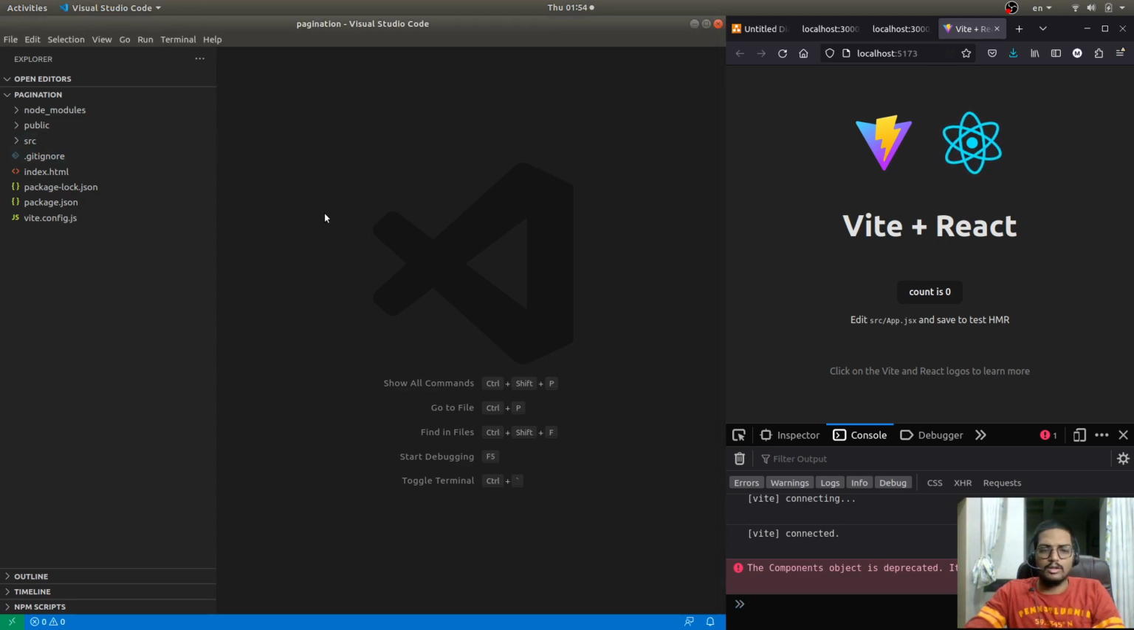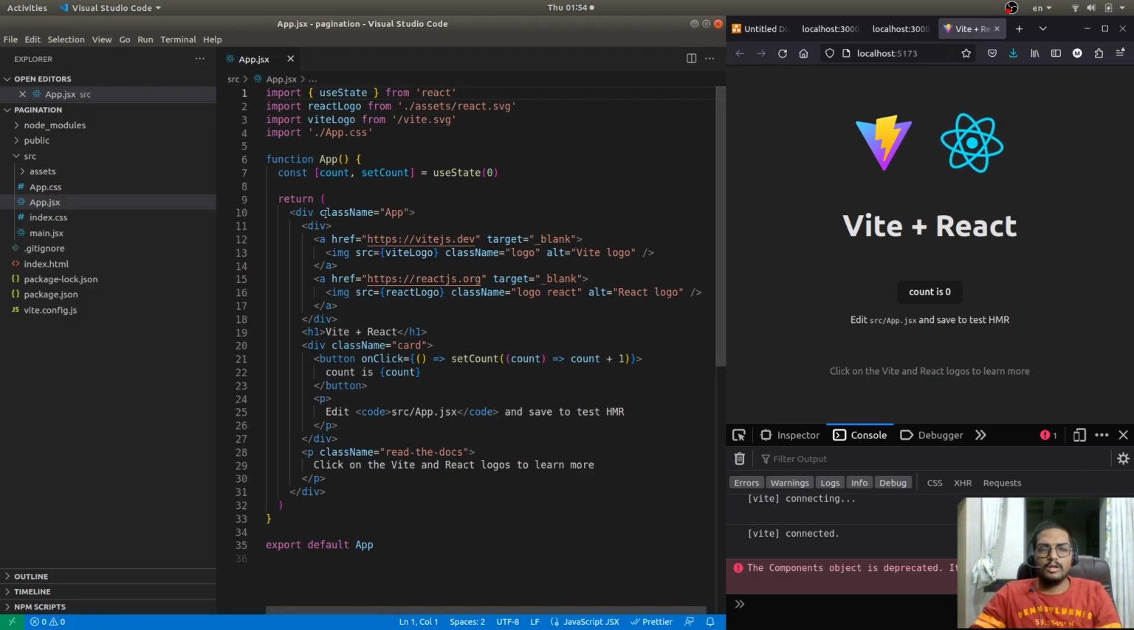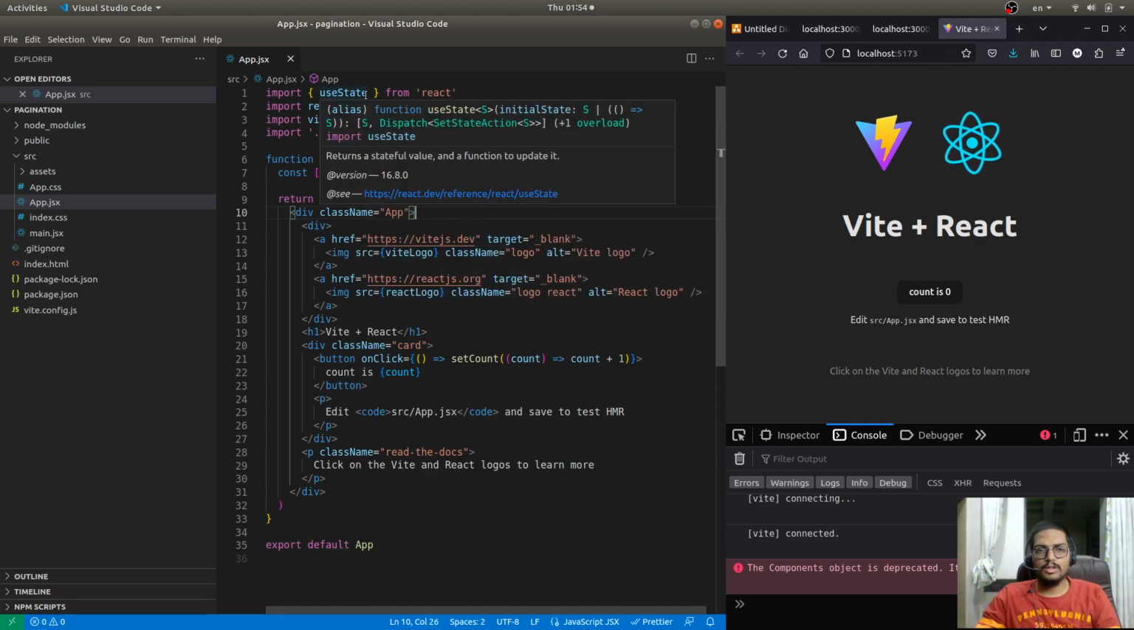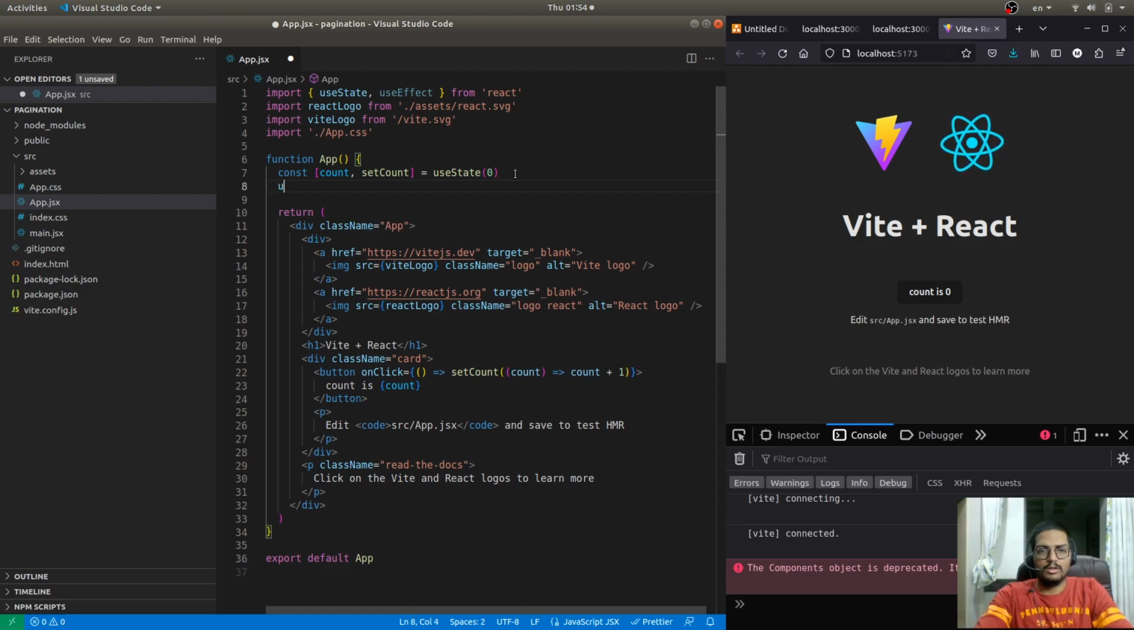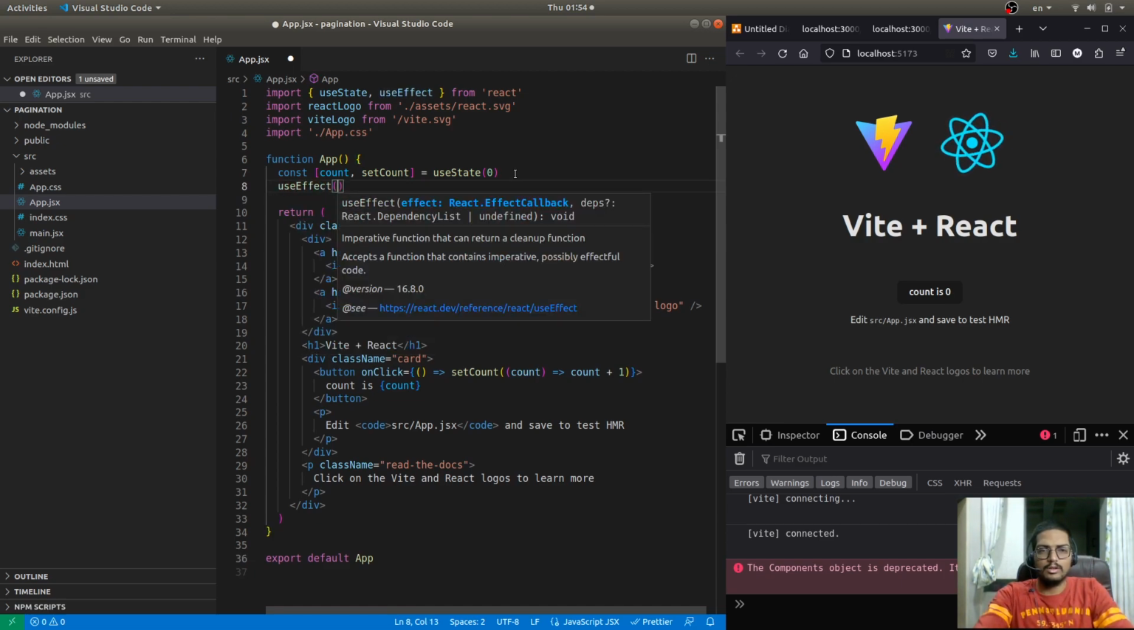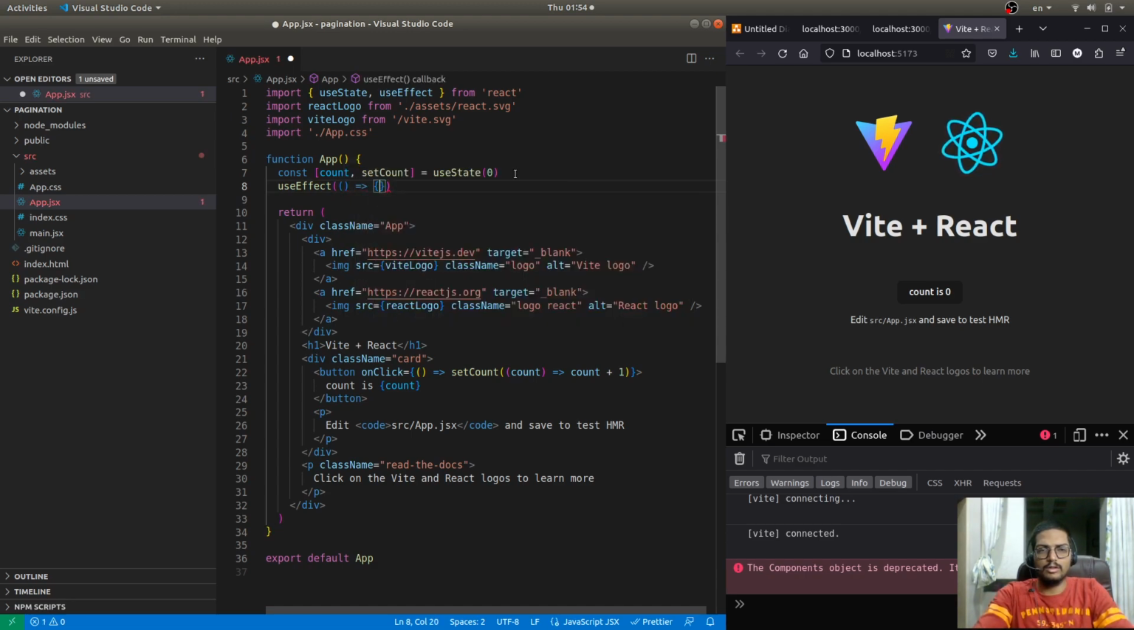So let's open our app.jsx. Right. So I want to first get the data from the server. So for that, we'll be using the useEffect hook. So let me import that. Once I have this, then I can say useEffect. We'll pass in our function here,